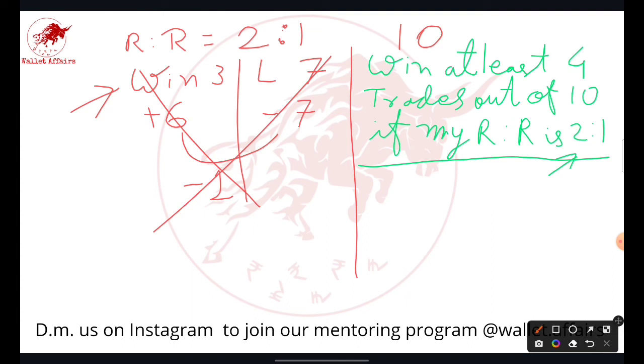Now what I have written down in this statement is: win at least 4 trades out of 10 if my risk reward ratio is 2:1, है ना? So I should win at least 4 trades, right? Okay, so see guys, what you should do is, if you have taken the proper risk reward ratio, proper RPD,